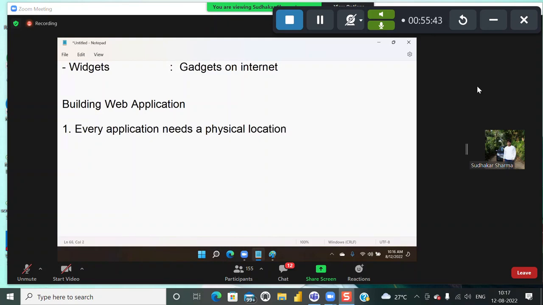Already I told you yesterday, websites or web applications, the resources are kept in a physical location. The resources are accessed by using a virtual path. We have a physical path and we have a virtual path. So now every application needs a physical location. Hence, that is why you have to